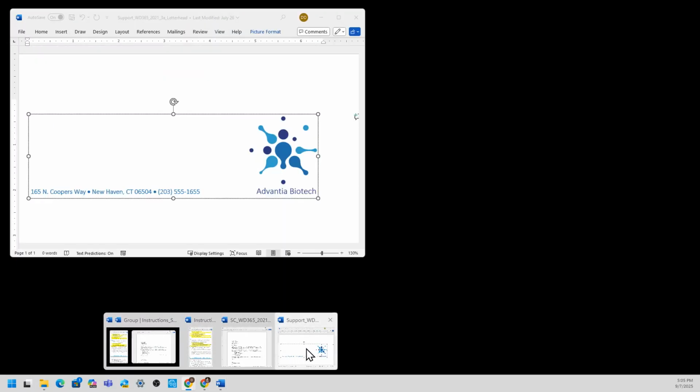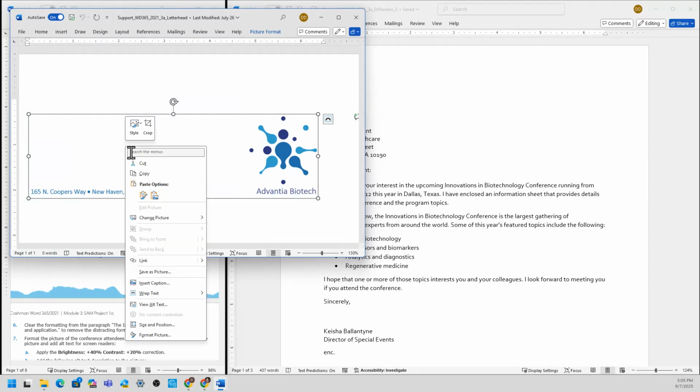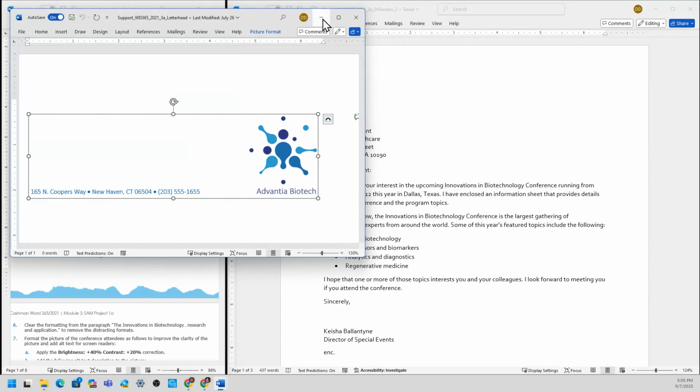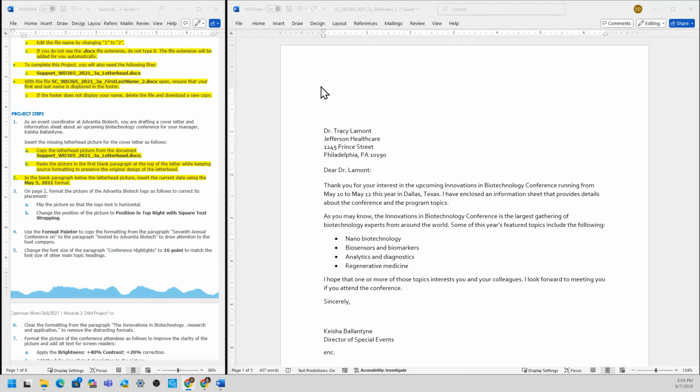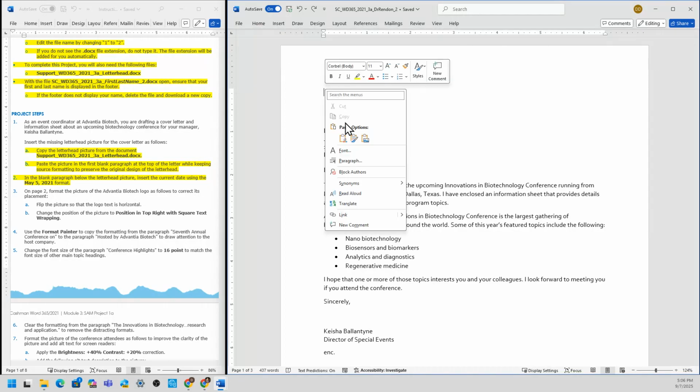The first step is to show this letterhead. I'm going to either select Home and Copy, or right click and copy here. Then go to the working document, up at the top. Make sure it's at the top because I'm also going to insert a date here. Either click Home, Paste, or right click, paste.